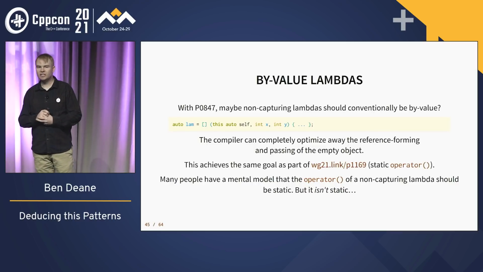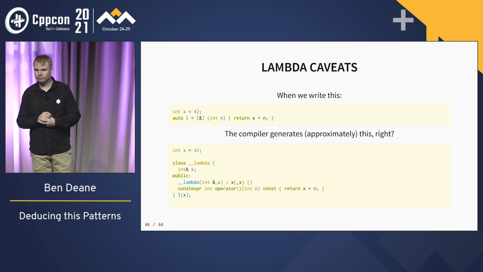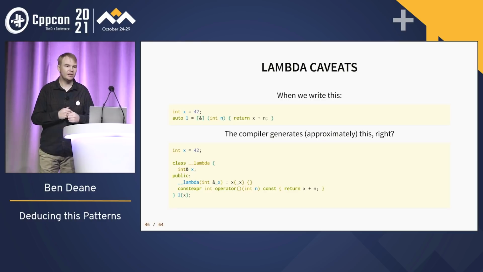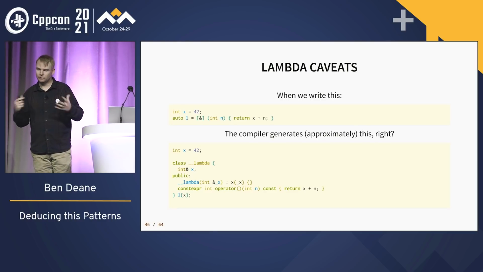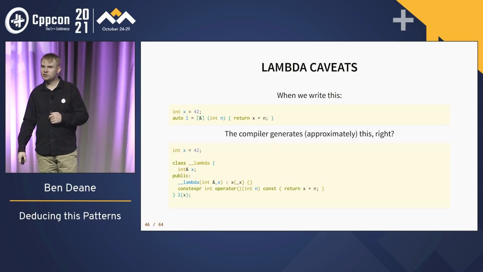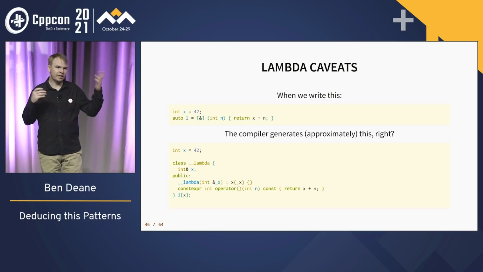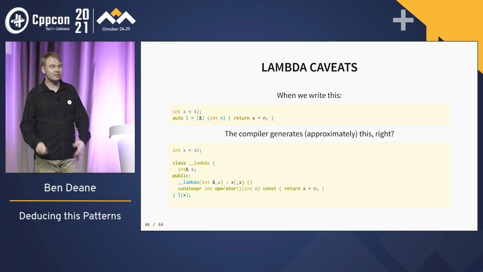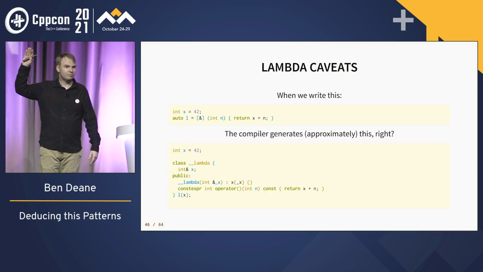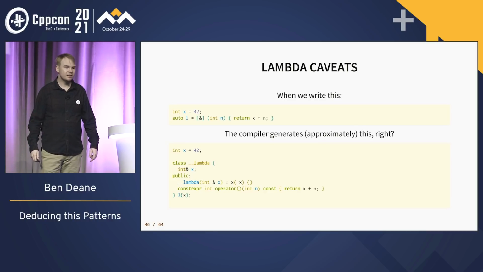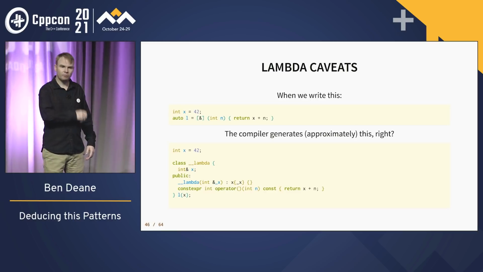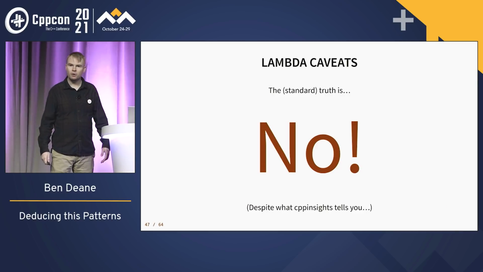All right, I need to be a little more rigorous with Lambdas here and tell you about some caveats. So this, I imagine, is many people's mental model of Lambda expressions. When we write what's on top, the compiler generates what's on the bottom, approximately, give or take names, right? And if you go to CPP Insights, this is the kind of thing you see. How many people have been to CPP Insights? Yeah, about half the crowd. It's a great resource. So this is what we think of: the compiler generates this. Well, no, it doesn't,